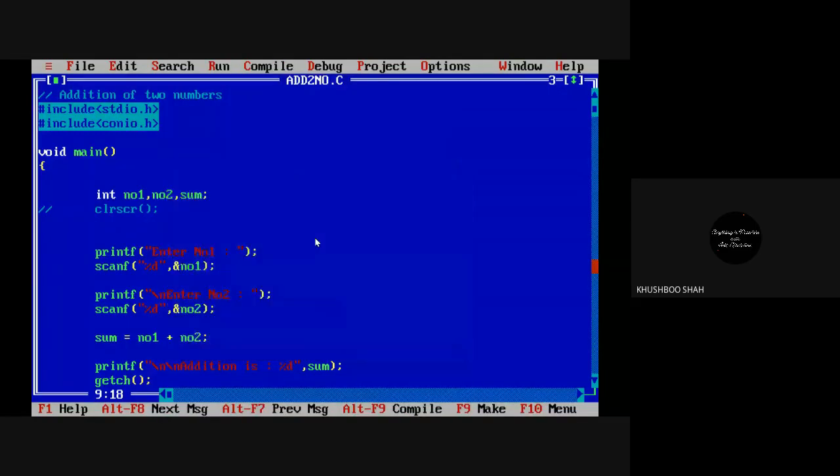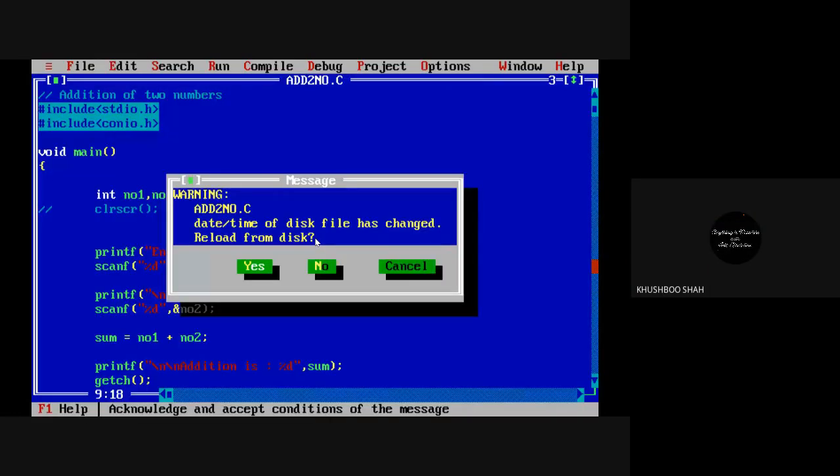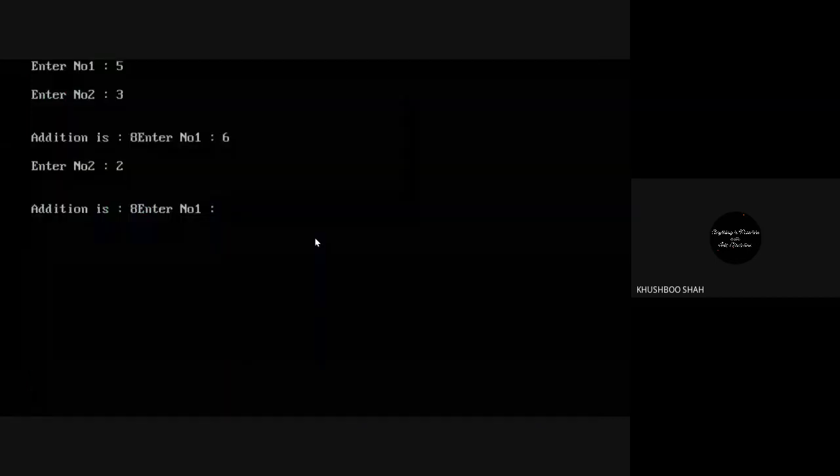I compile and run the program. See, it is asking me to enter numbers, and still I'm getting the previous output. Can you see the previous output? Yes. Again I am running the program, and I can see the previous last two outputs.